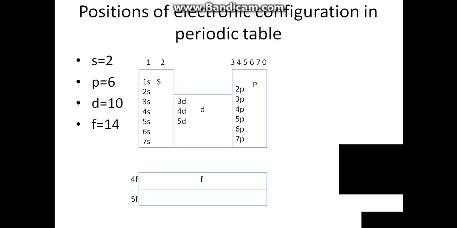Clearly, the relationship between electronic configuration and the position of elements in the periodic table is clearly shown. The s can only contain 2 electrons. The d can only contain